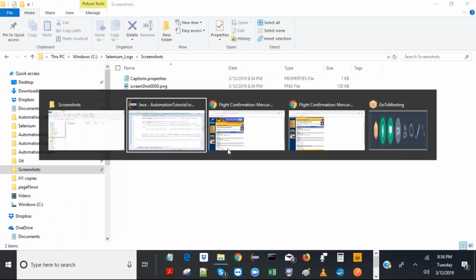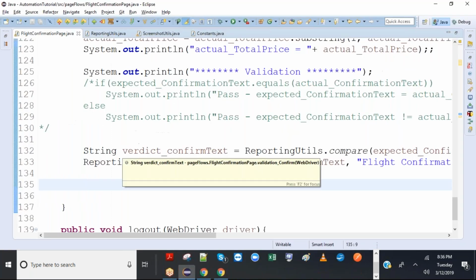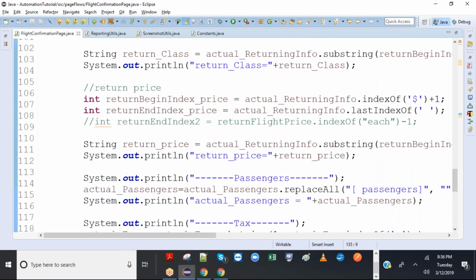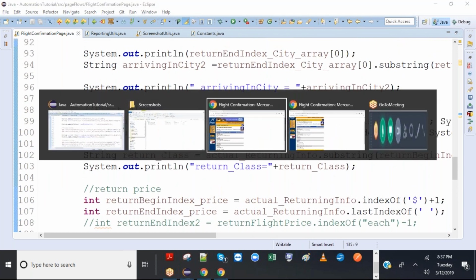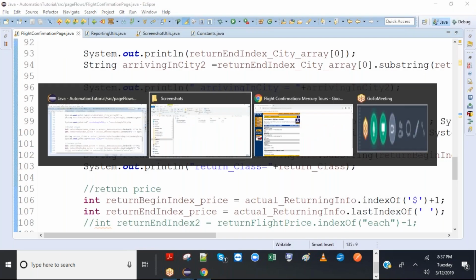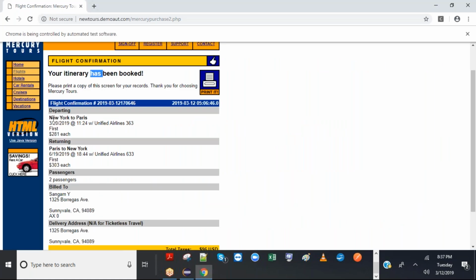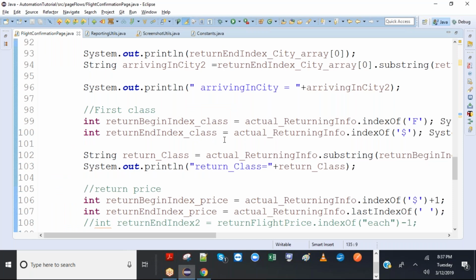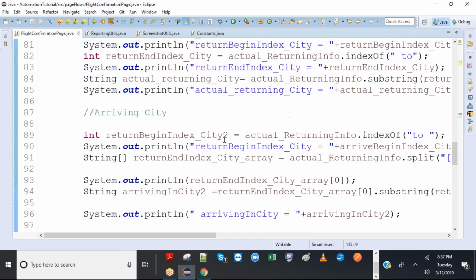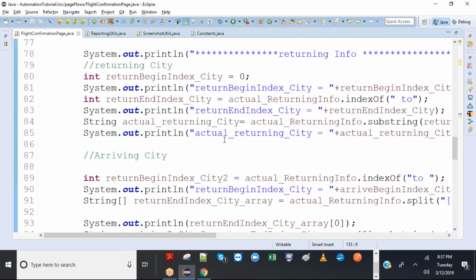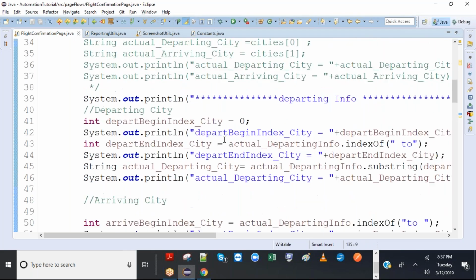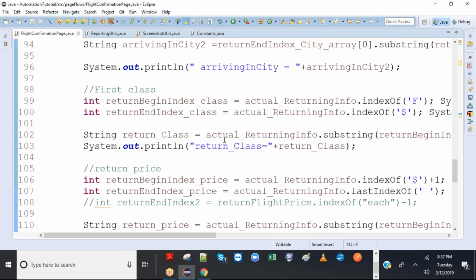So let's do the same thing for other validations and finish the validation portion today, hopefully. What is the next validation? Next validation is for the departing city, correct? Yeah. Let's do it. Any questions so far on the screenshot details, report details? Tell me. Otherwise, we are going to use it. Okay, no worries.